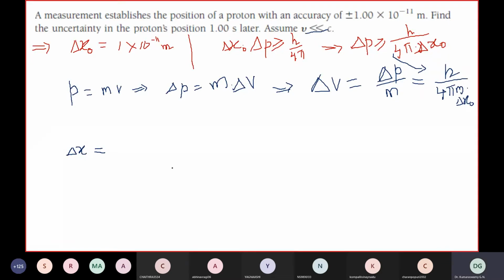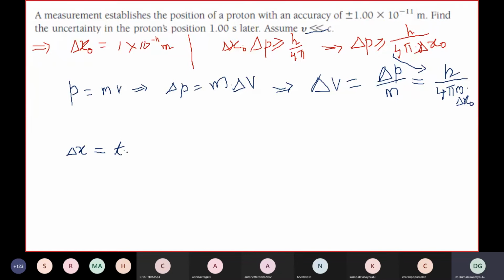The precise location of the proton after a time t cannot be more accurate than, we are not talking about how much it covered, we are just talking about how accurate it can be. Delta x is the location of the proton after 1 second cannot be more accurate than